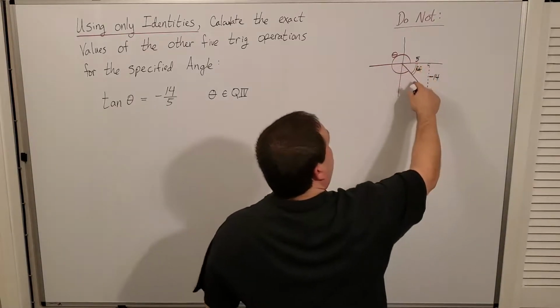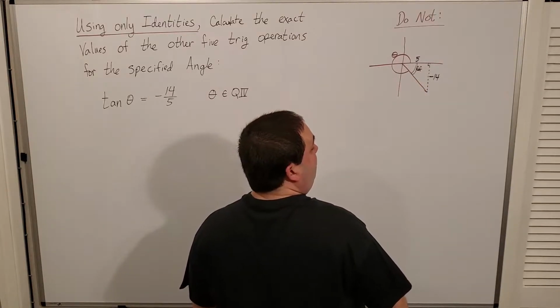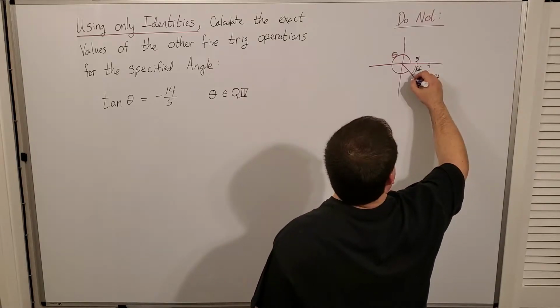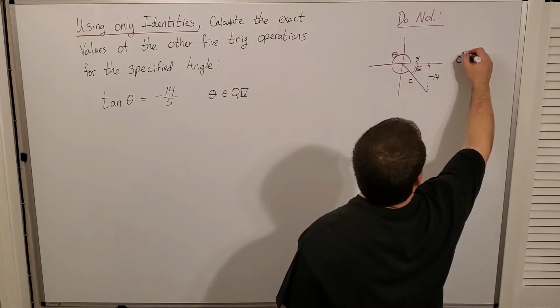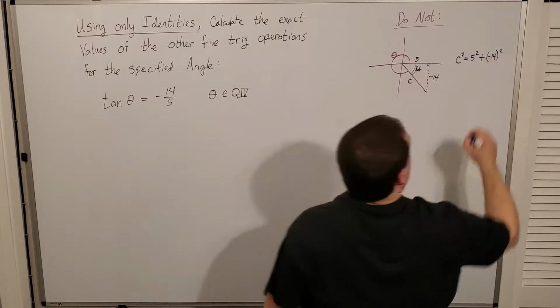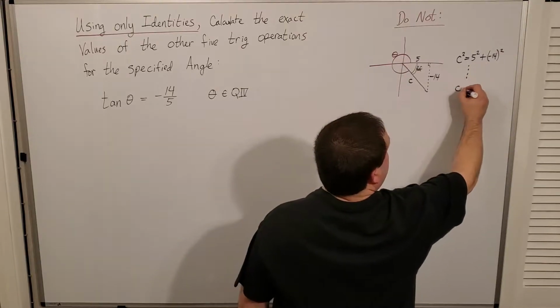And then you could find the hypotenuse using the Pythagorean Theorem. So if I label this C squared is equal to 5 squared plus negative 14 squared, and so on, you could actually figure out what C is,